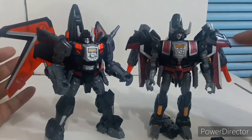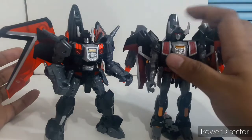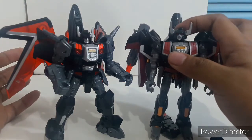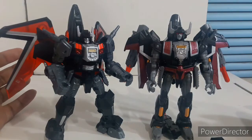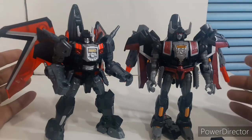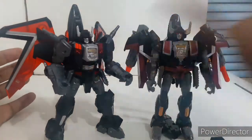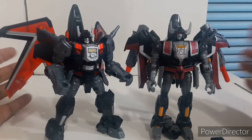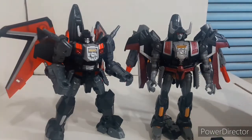The Takara one, it has some light up gimmick, the clear tubing for the eyes. Could have been really incorporated in the MFT one too. That would have been fantastic. But they don't really have a lot of differences. So this is your Takara, this is your MFT. The size wise it's pretty cool. We'll get them in jet mode later on. We'll try to compare that. But of course,